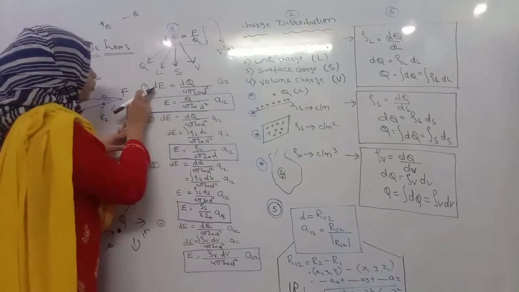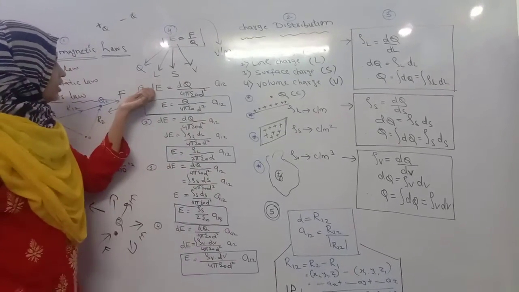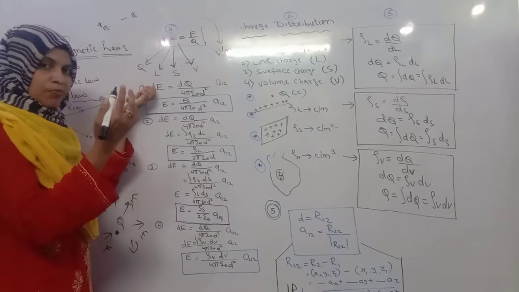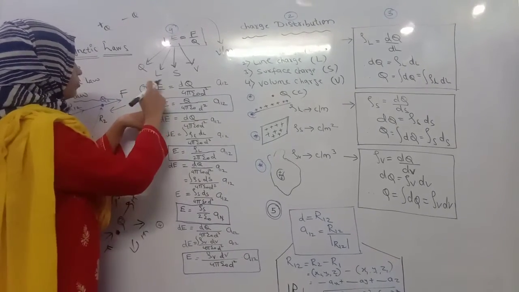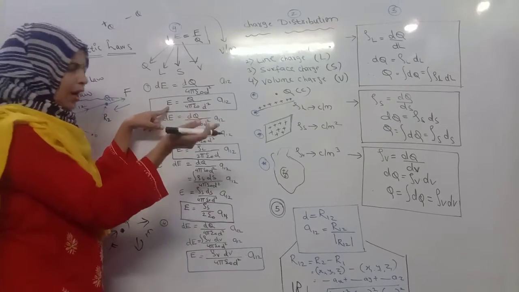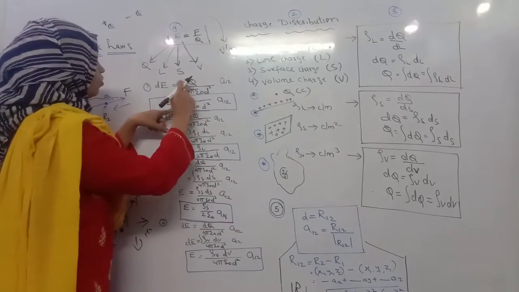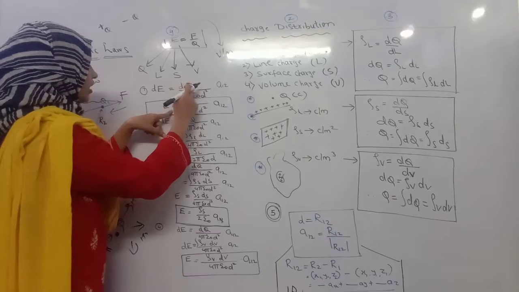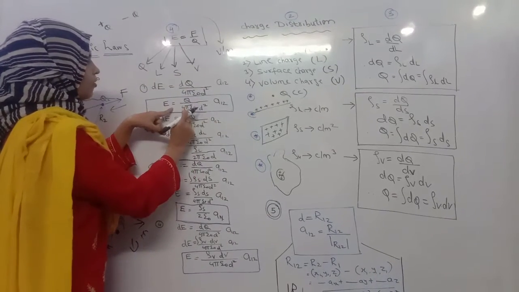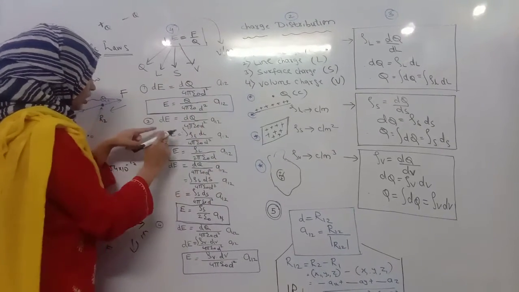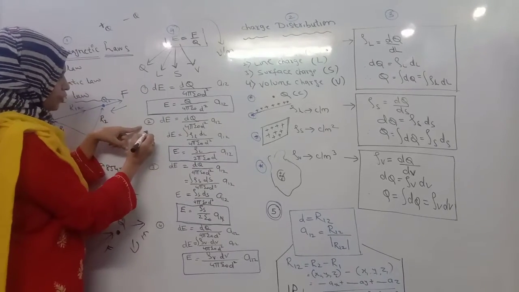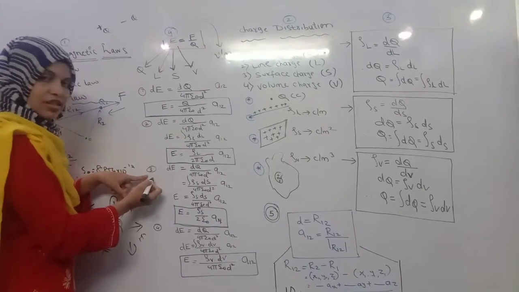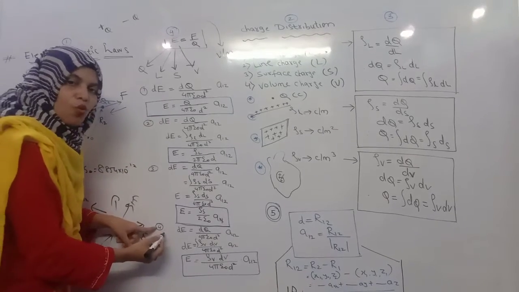If you want to avoid the differential electric field intensity dE, it becomes E, and you may take the integral. So E is equal to, removing the differential, directly the charge divided by 4 pi epsilon 0 d square times a unit vector a12. Likewise, dE is related to the charge, to the length, to the surface area, and to the volume.